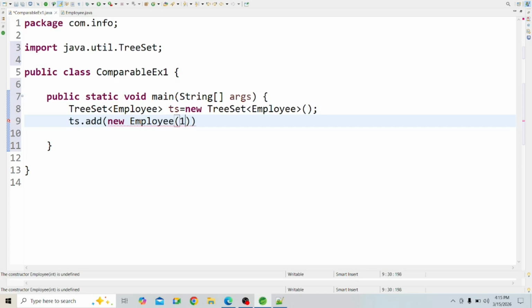So I am going to take 55 comma, inside the string like Shubh, then second, address like Mumbai. Okay,